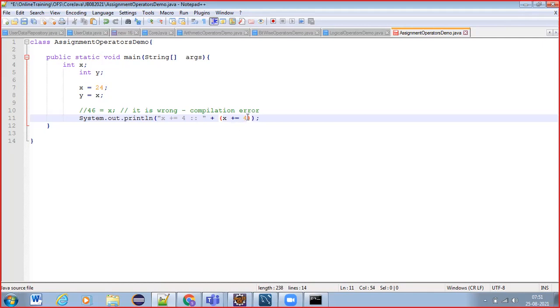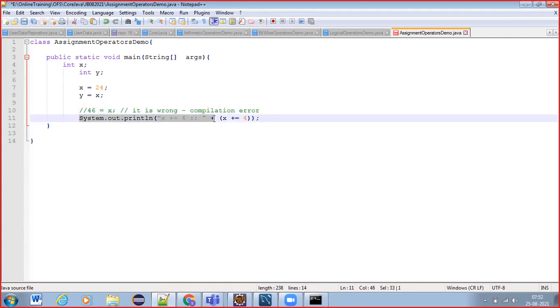What will it do? Generally if it is simply x equal to 4, the value 4 will be directly placed into x. But if I write x plus equal to 4, what is the value present already in x? It is 24, right? So 24 plus 4, 28. That will be assigned back to x. Like that it will go.